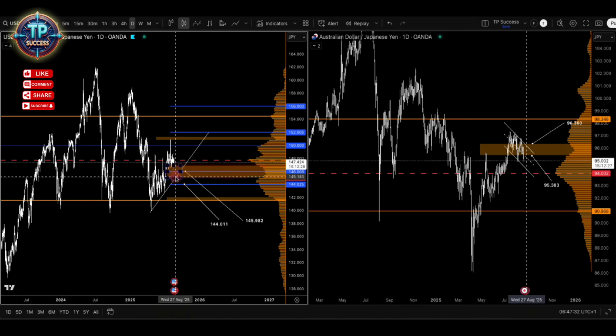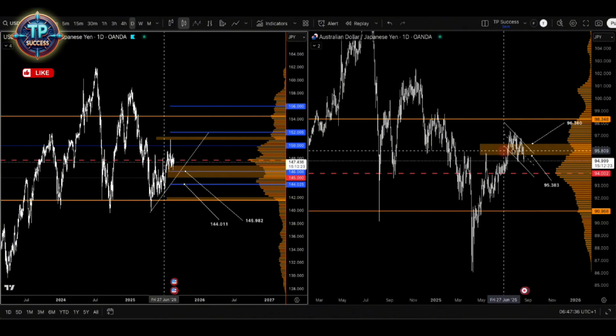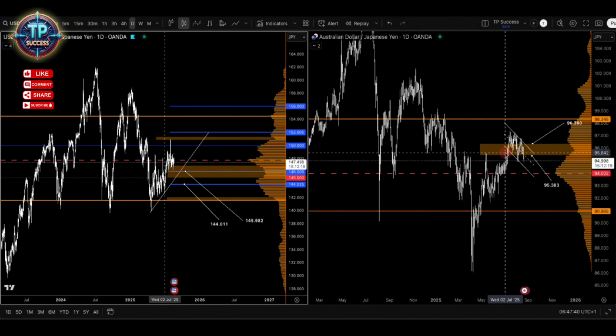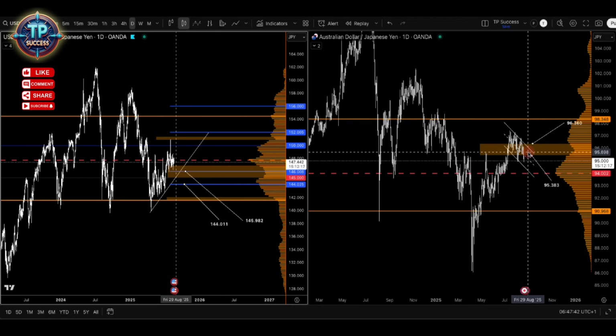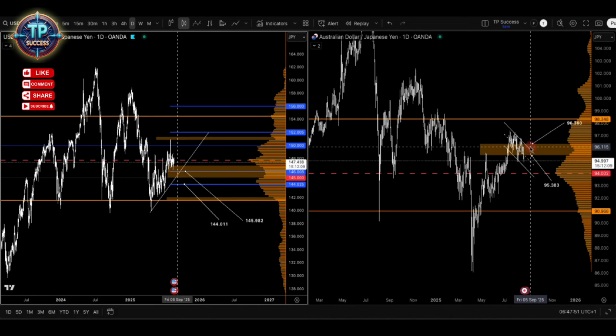If it starts moving away, then there's a possibility it will start to happen in this area as well, where you will have a clear confirmation, because you will get a close above the low volume node at 96.360. And then you could tap in and ride it to the upside. These are just opportunities that could come our way, based on what we currently see with